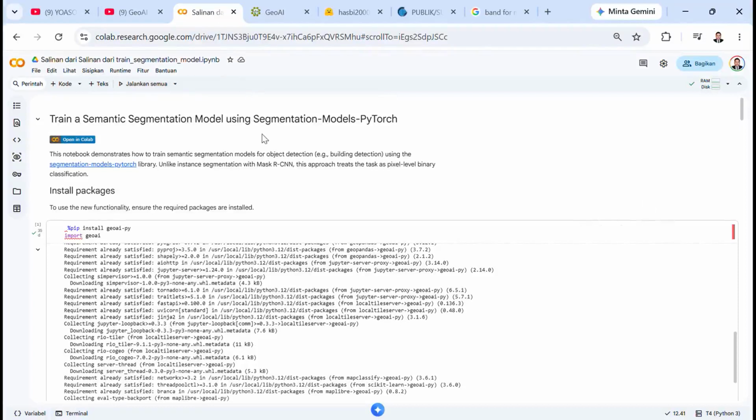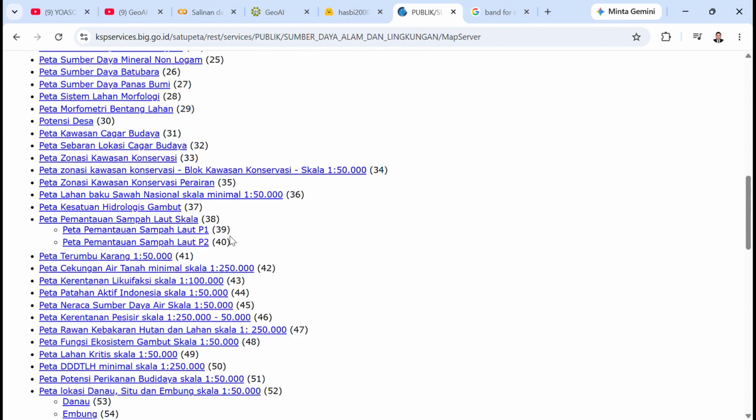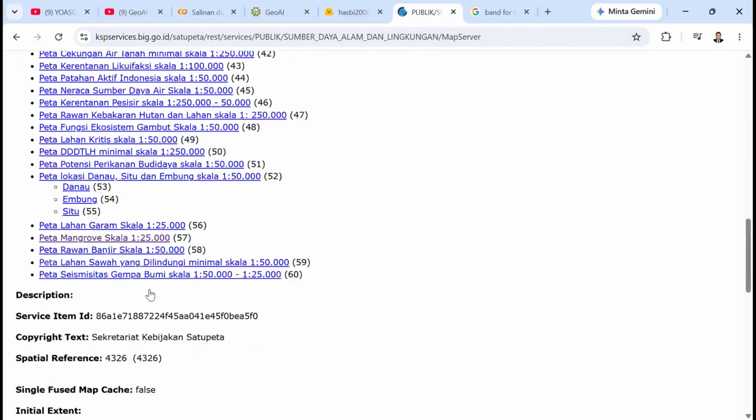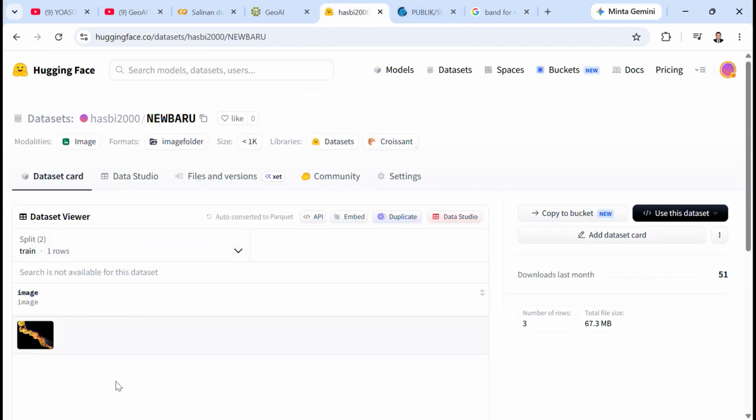Hello everyone, in this video I just want to share how to use GeoAI to analyze mangrove extent in the coastal area. I use the vector as training sample data from the Indonesian geospatial official data, from the GIS Indonesian official department, and I use the mangrove at 25,000 scale, and then I already put all of the data into the Hugging Face datasets, and this is